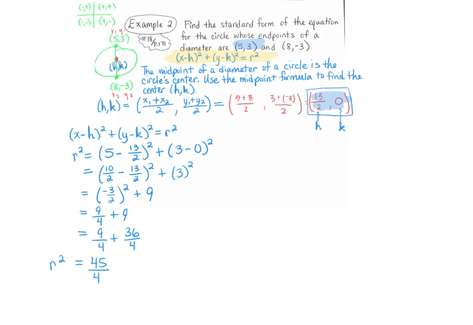So our goal, I'm going to highlight that in green. Our goal is to find the standard form of the equation of the circle. And this yellow highlighted is our standard form. Do we have everything to find our standard form? Yes. We have our r squared, which we know. We also know h and k. So our standard form